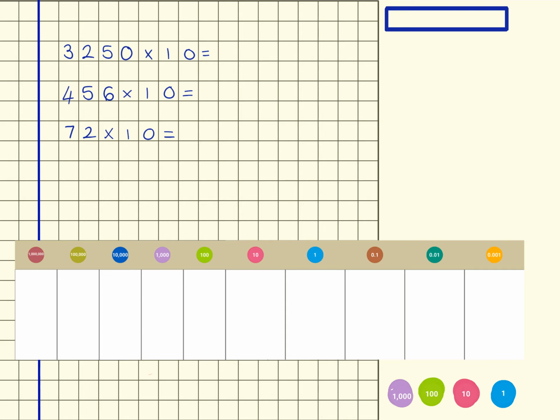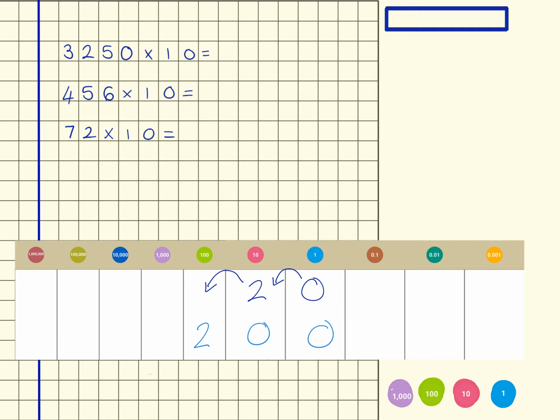If I was to have, say, a 5, the same thing would apply. So for example, if I had a 5 in this column and I was to multiply that by 10, the number would move, and so it would become 50. Equally, if I was to have the number 20, the same thing would happen. So I've got 20, it's multiplied by 10, so I'm going to have 10 lots of 20. Each digit would move, giving me